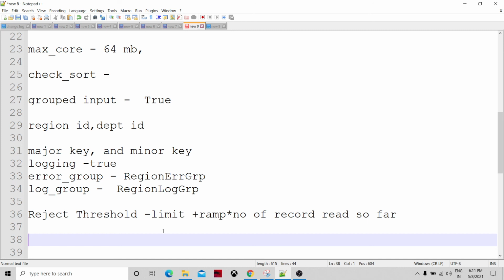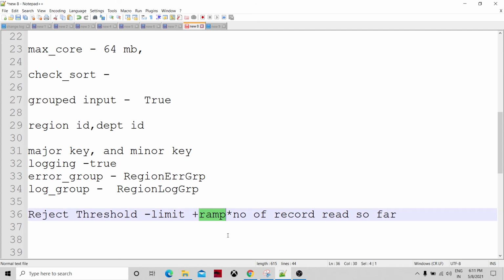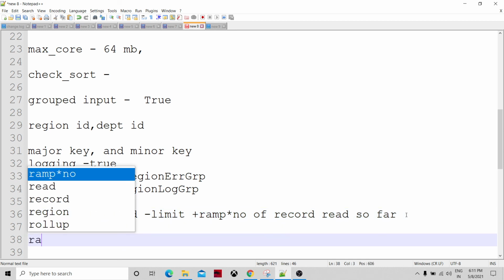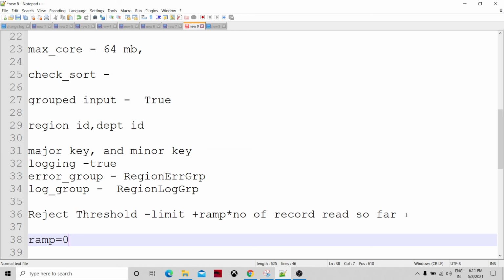Let's say we are specifying 100 records. So after 100 rejected records, this component is going to fail. Or else, we can specify limit as 0 and specify the tolerance rate, the ramp, as 0.01.